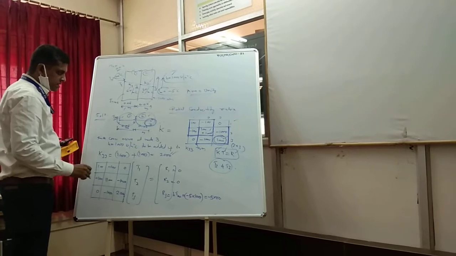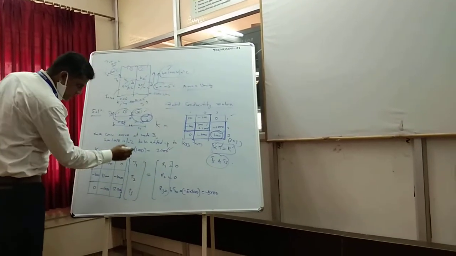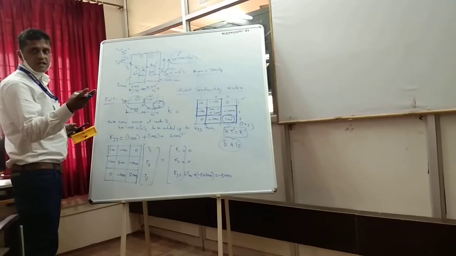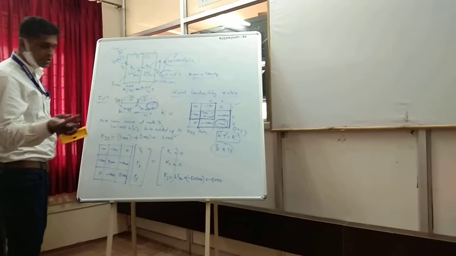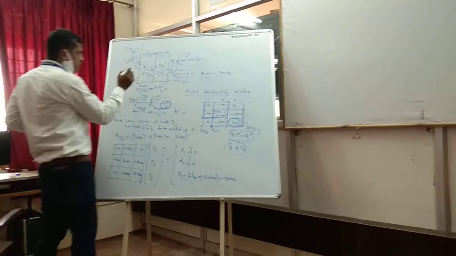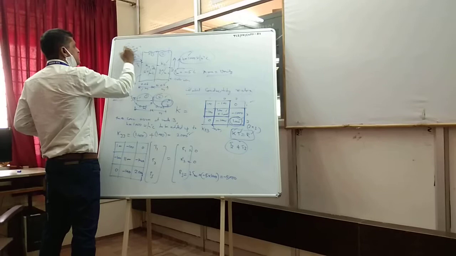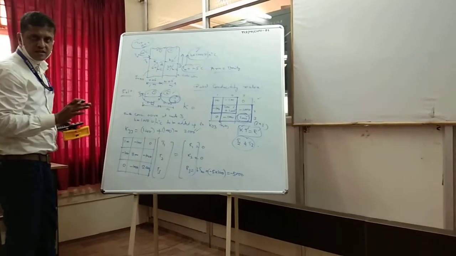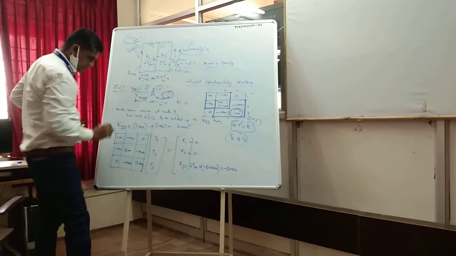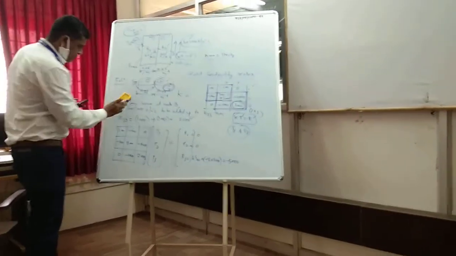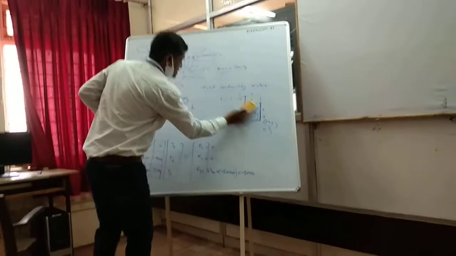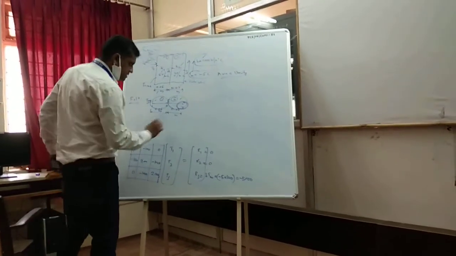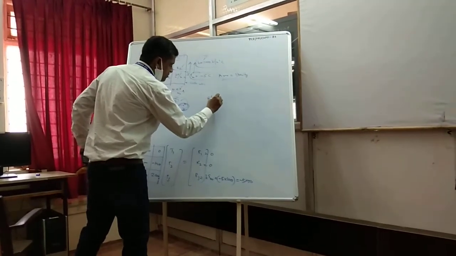Now we can solve for the temperatures by handling the boundary conditions in FEM. We have three methods: the elimination approach, the penalty approach, and the multi-point constraint approach. The boundary condition in this problem is T1 equals 20 degrees Celsius, which is the specified value of the field variable. The field variable is temperature for heat transfer. Now we will use the elimination approach to handle the boundary condition.